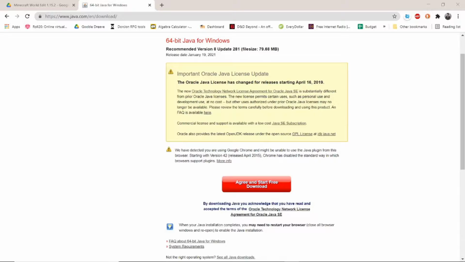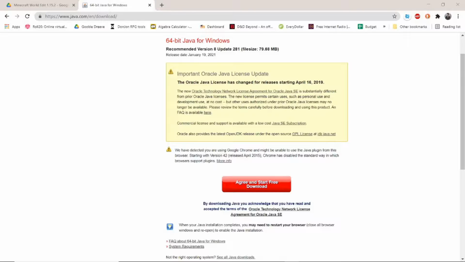Before you begin, make sure you're running Windows 10 on a Windows machine, and that you have the latest version of Minecraft Java installed on your computer, and that you can access the game in 1.16.4 or whatever version is available. This is very important, and the rest of this install won't work unless you have Minecraft already installed and able to run. First of all, we're going to go to